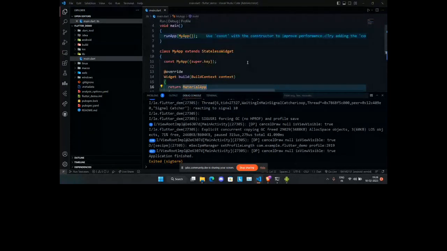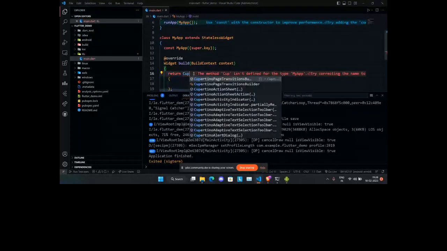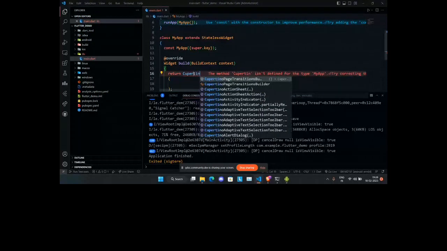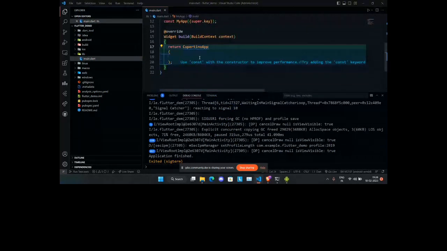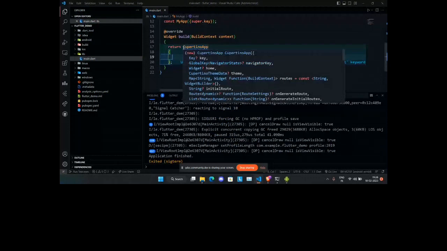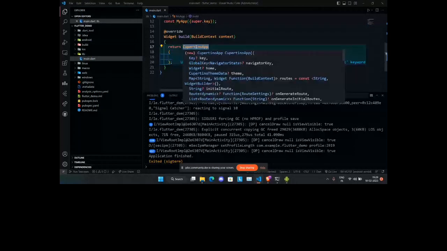And for Apple iOS, what we can return here is CupertinoApp, I think. Yes, CupertinoApp. It's just that simple. If we are planning to run the app on iOS, we can write CupertinoApp here, and if we are planning to run on Android, we can write MaterialApp here.